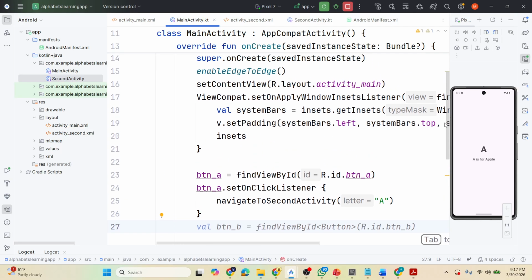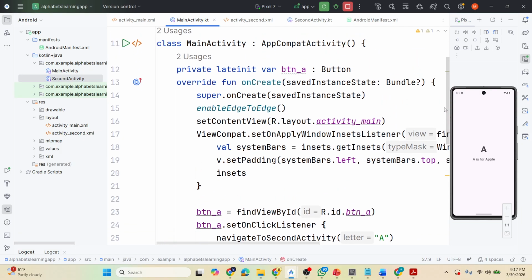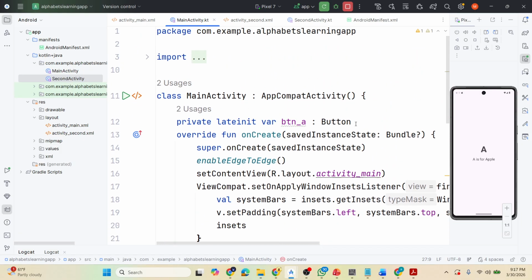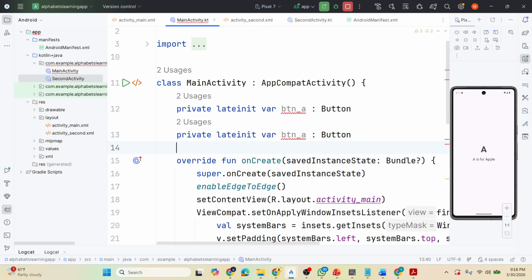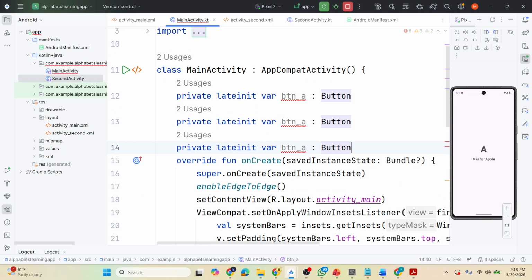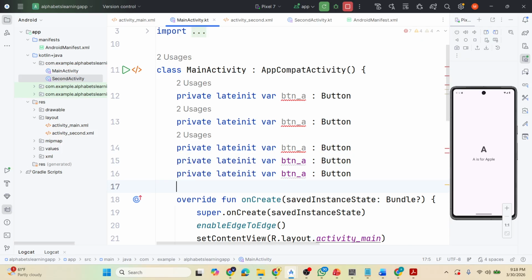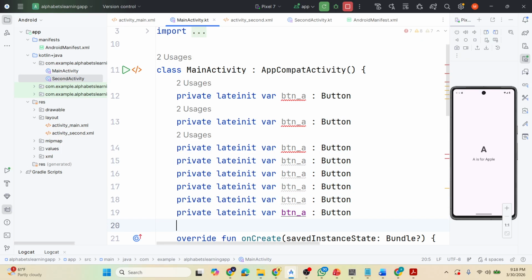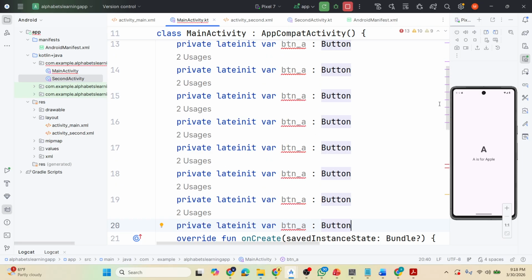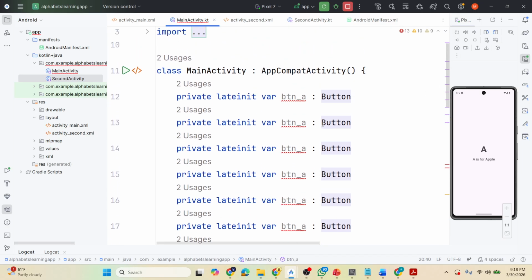This is only button A, but we could declare more buttons like copy, paste. Okay, that is fine. So button A, button B, button C,